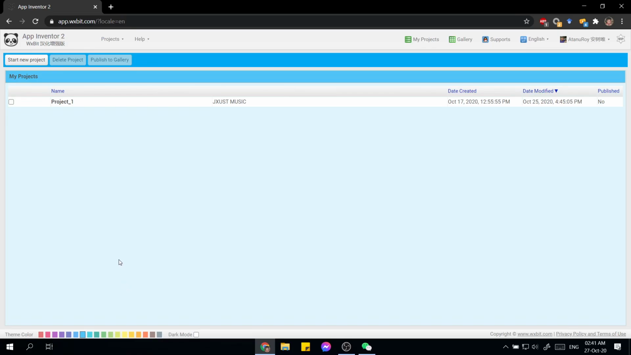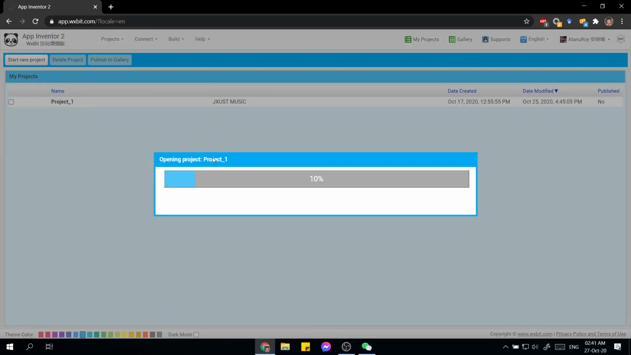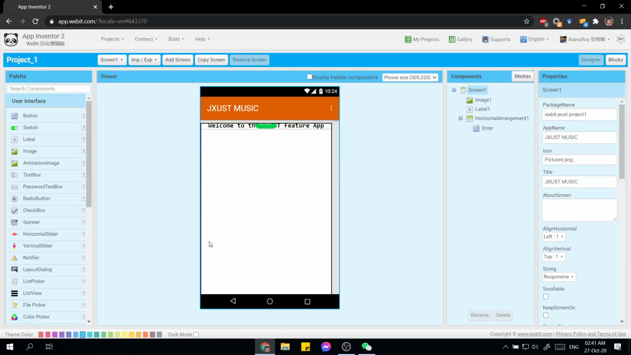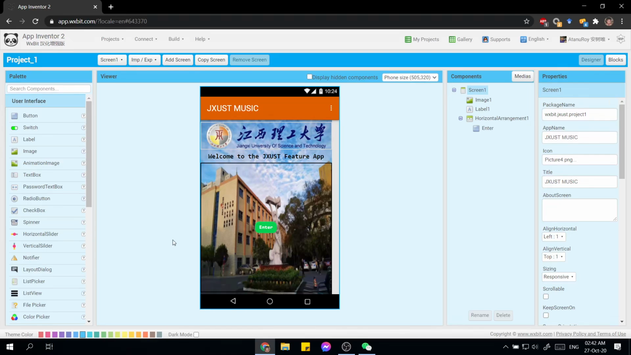So right off the bat, I'm already logged in here, and I already have a project named Project 1, and I have named it JXUST Music. JXUST is actually the abbreviation for my university name, so there's that. Once we go into it, it's just the same as the original MIT App Inventor loading screen, so let's wait for it to load in. And once it's loaded up, as you can see, it's the same familiar screen with your